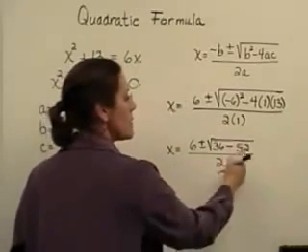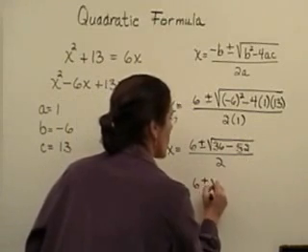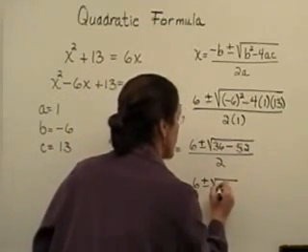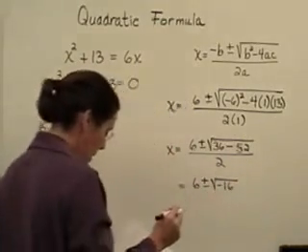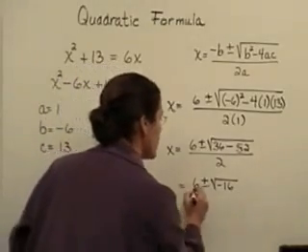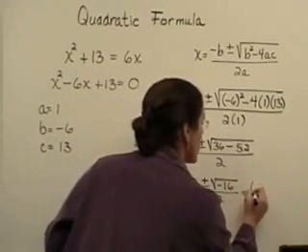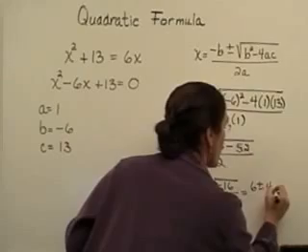I'm going to end up with a negative number underneath the radical. And I've seen that before, but this is what happens with the quadratic formula when that's the case. I think I've got a negative 16 there, and what I'm going to have now divided by this 2 is, I'm going to put it over here, 6 plus or minus 4i